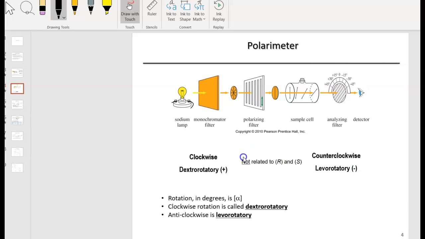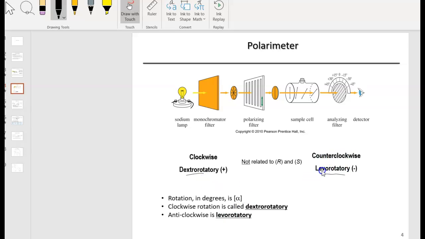But here there is a better depiction of how the light passes through this polarimeter, and then you have the plane polarized light. This is a sample tube which contains your organic compound. If it is optically active, then you can see that the light is rotated, and if it is not optically active, then you don't see any rotation in the light. We use the terms dextrorotatory and levorotatory to tell if it is rotating to the right or to the left. If it is clockwise, to the right, we call it dextrorotatory, and if it is anti-clockwise,